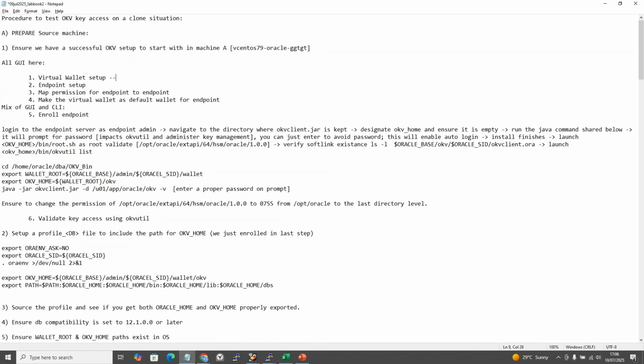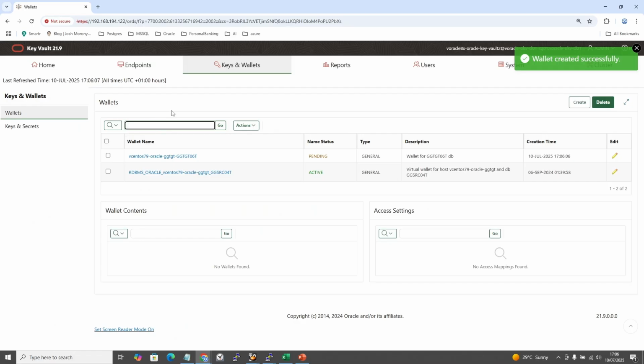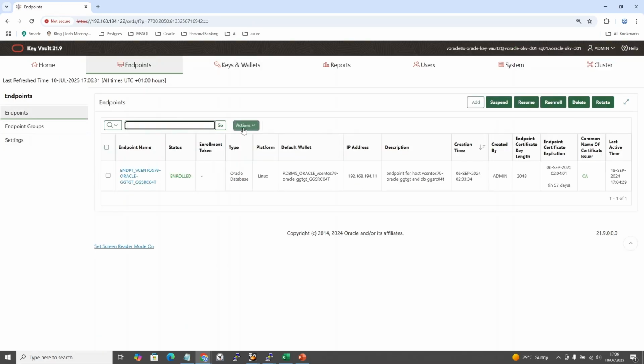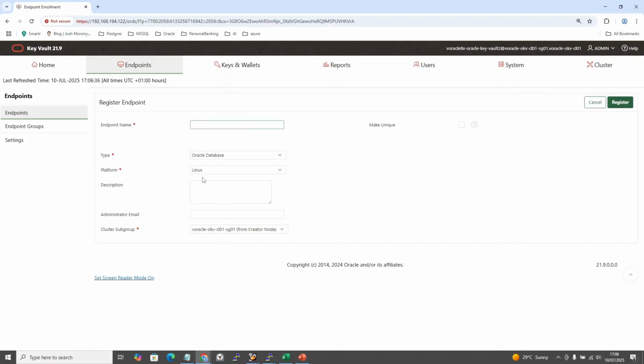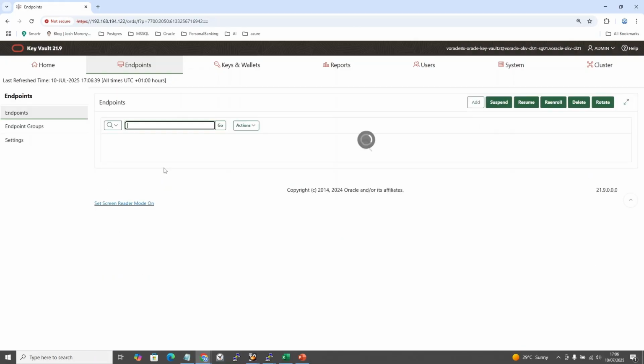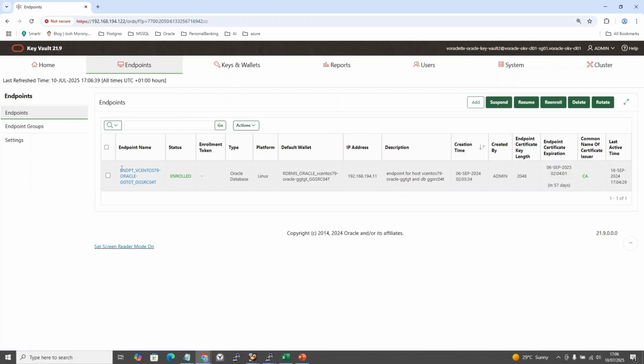So this is done. And next step is endpoint setup. So let's go to the endpoints. And we need to create a new endpoint. So let's go ahead and add an endpoint. So if you notice here, we already have a format for the endpoint. So let's stick to that. So let's add this